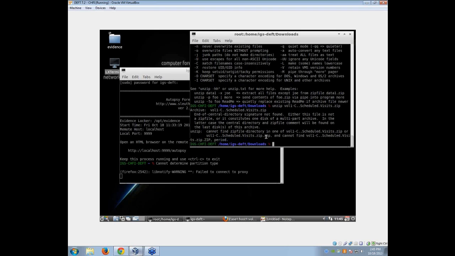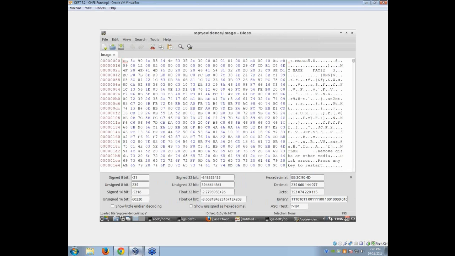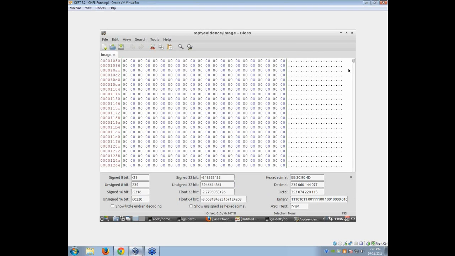It errors out. So let's open up the disk image in the Bless hex editor. So we're going to cd into opt evidence, and we're going to run bless image. This is going to start opening up the Bless hex editor, and you can scroll through the file and look at its contents. So it's a lot of work, it's a lot of scrolling, but here is the document that we were looking at,